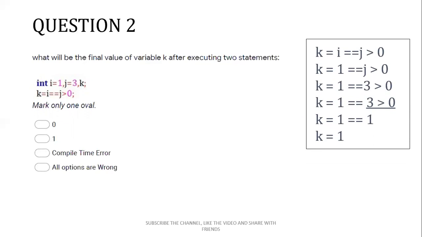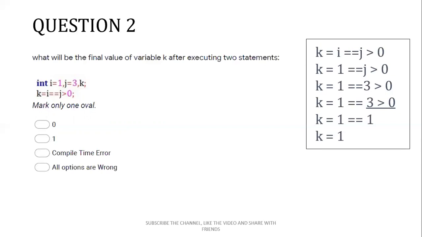So in this you can see there are three operators. First one is assignment, then comparison operator, then greater than operator. So highest precedence is of greater than, then comparison operator, then assignment operator. Okay, so how will this operation be evaluated? So you can start. When you traverse the expression from left to right,